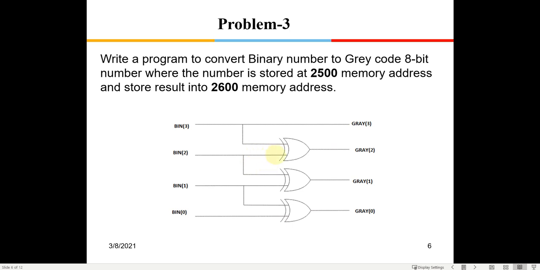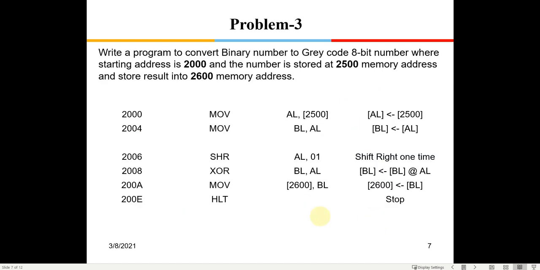Okay, this is again like the previous one, so you just have to do one shift operation and then do the XOR. So this is also a pretty simple program. First we get the number here, specified in the location where the data is available, into AL. Now the same data we are going to get into BL also, right?